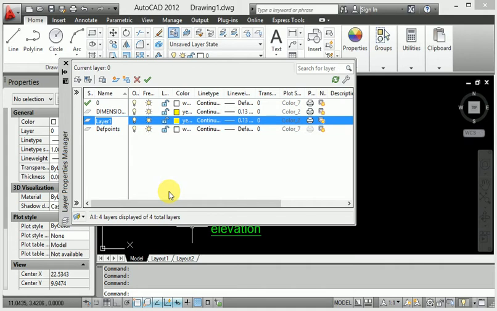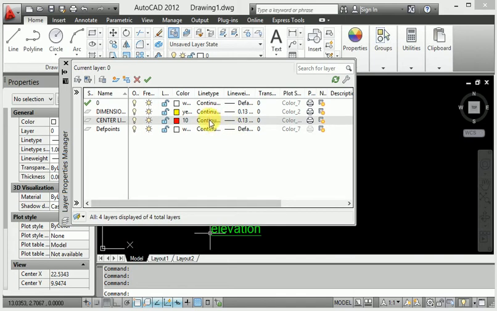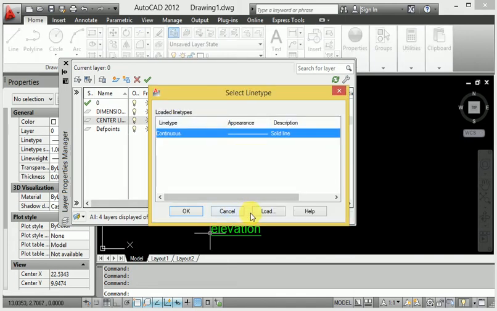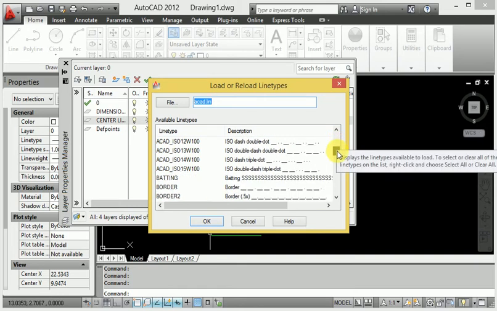Again I want the center line. When you click the center line, provide the color here, change the color. I will give you red color. Then for line style, go to load here, because I chose the center line, so find center.